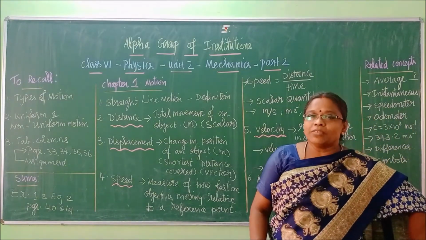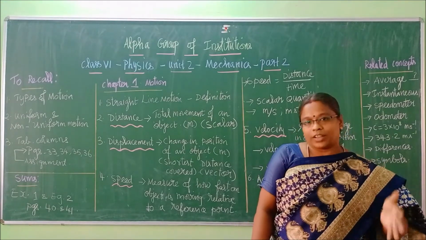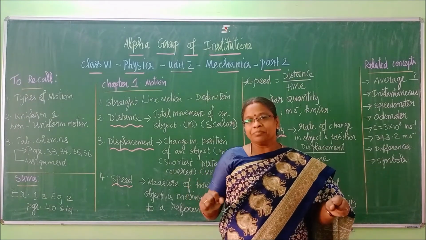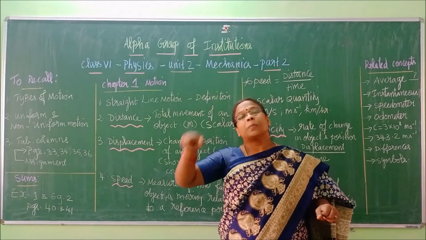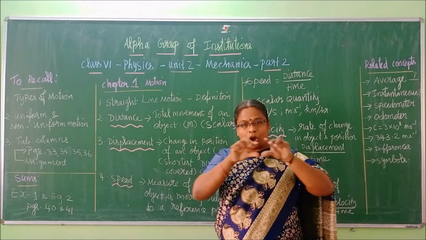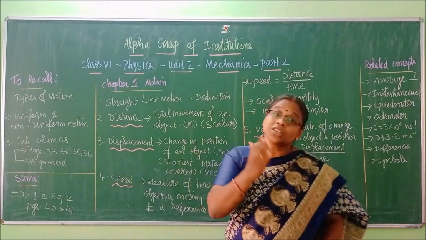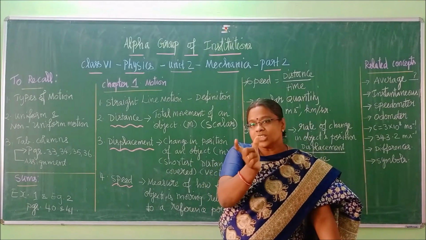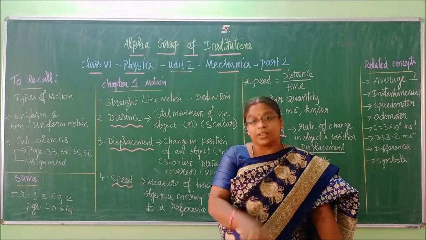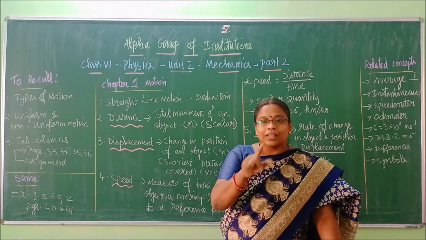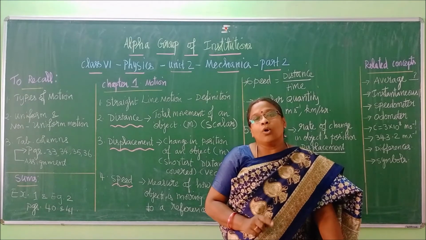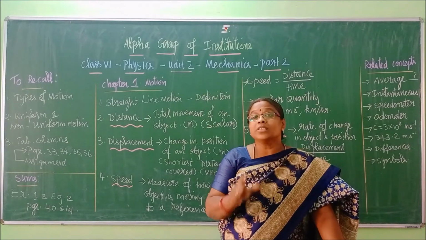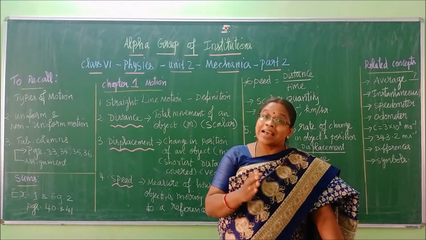Have you ever observed your bike or car, whatever it is? Two types of instruments will be there near the handbrake. One will show you how much speed you are traveling. The rectangular column will show you how much distance you traveled. That distance showing instrument is called odometer. So take your book and underline this word: O-D-O-M-E-T-E-R. Odometer will tell you how much distance the vehicle has travelled.